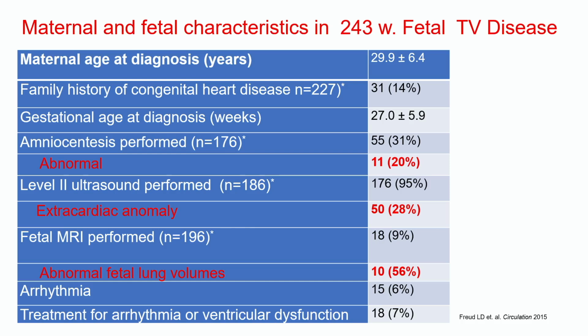But the other kind of interesting thing is we talk a lot about the prognosis of Ebstein's as having difficulties with lung volumes, with oxygenation and such. But it's really been, I think, the experience that the lungs are really squashed. It's not that the lung volumes are small, and once these babies start breathing, the lung volumes increase, and they don't have a lot of respiratory issues. Surprising for me, because I love arrhythmias, only 6% of the patients had arrhythmias, and about 7% were treated for